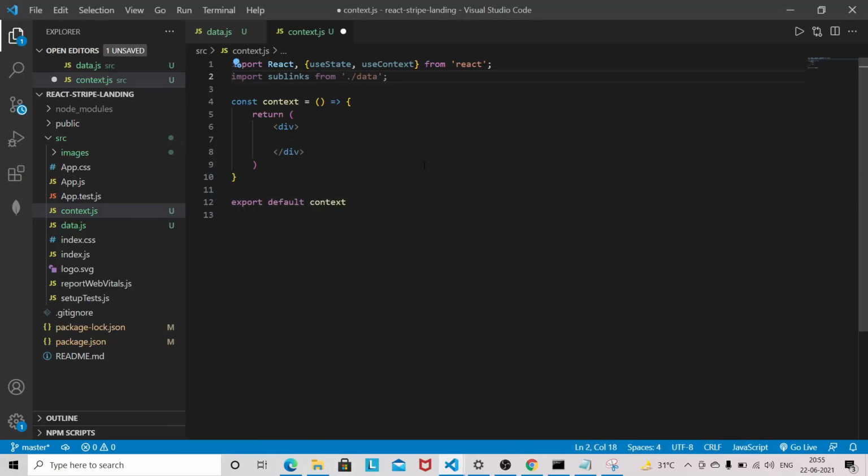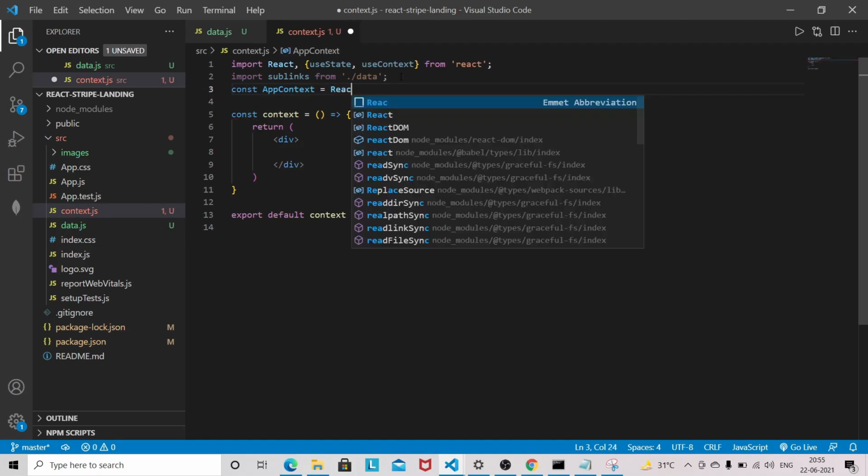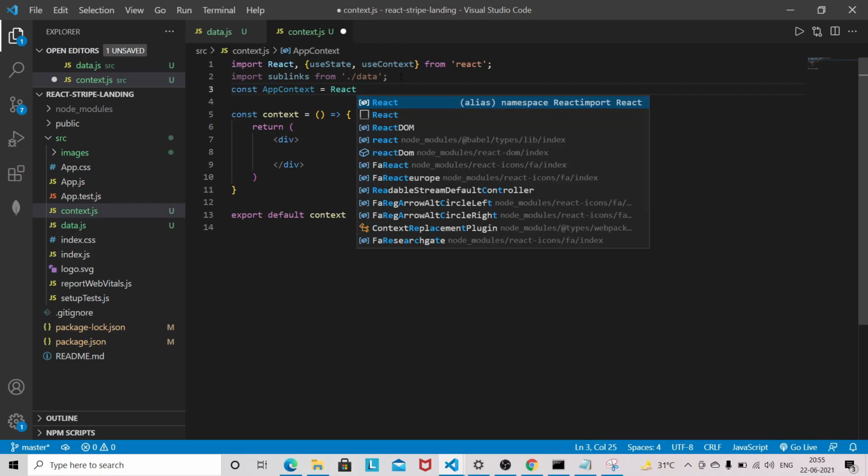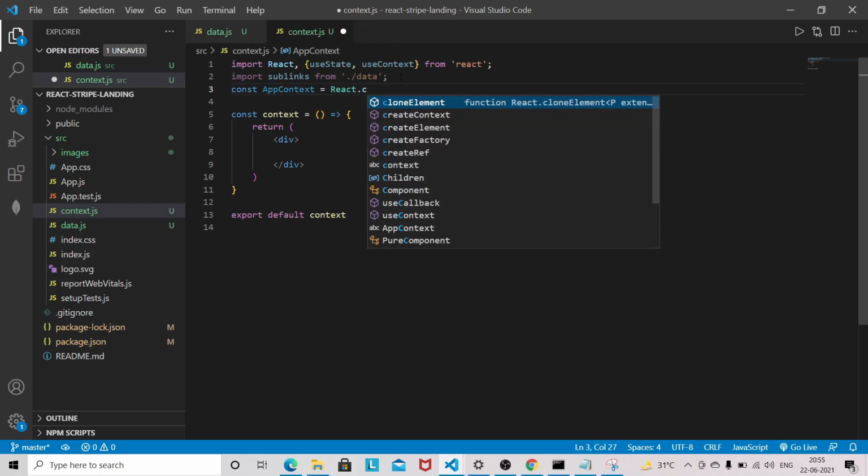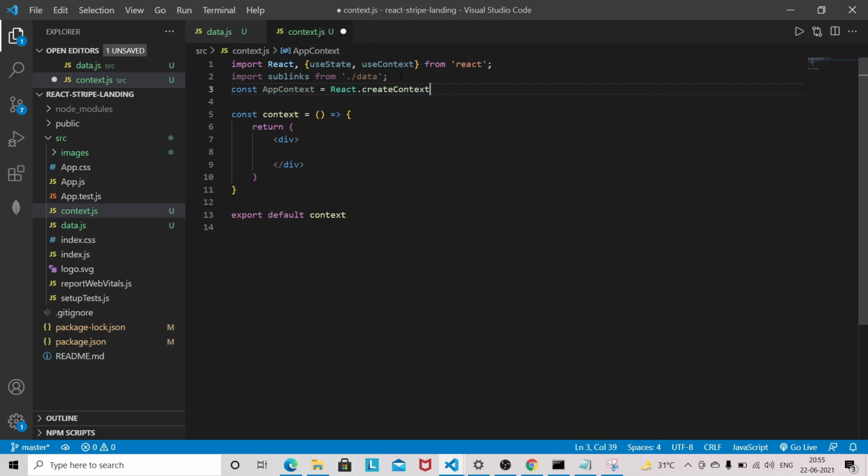So first let's write the context here, and we also need to create the application context. So AppContext, React.createContext, and this will be the AppProvider actually.